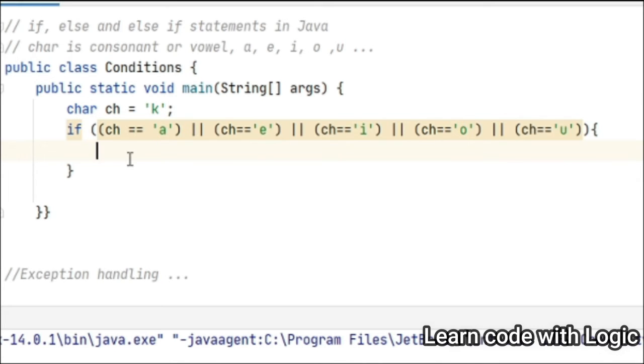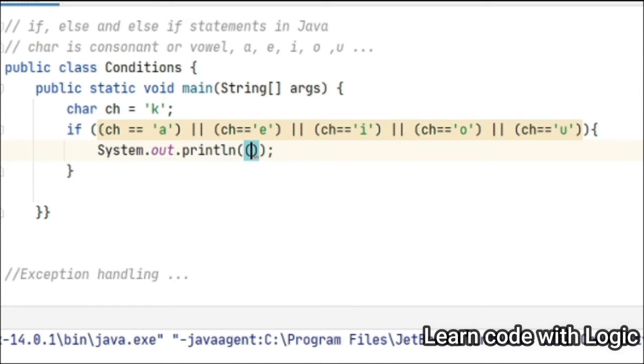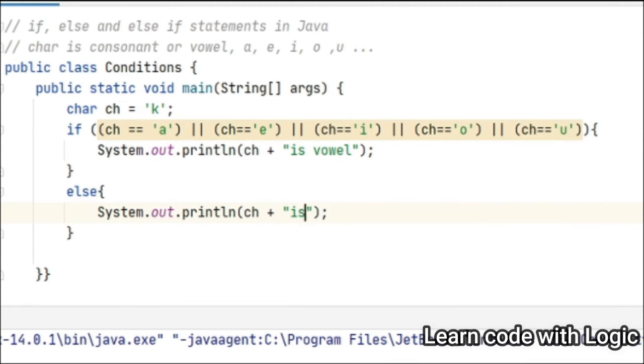If the character is a vowel, we want an output of character is vowel. Else, character is consonant. This ch here is a variable. So this one is k and this is the string. We are concatenating both.